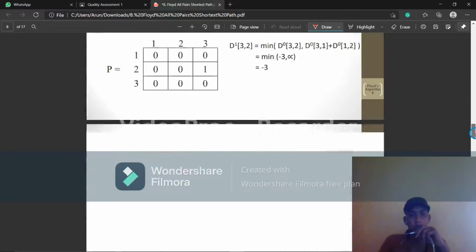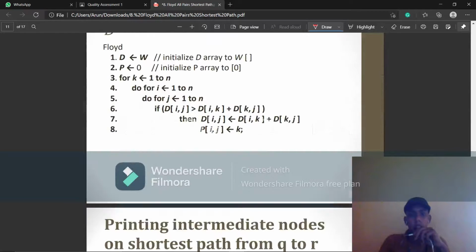Now let us see an example. This is the algorithm for that program: k from 1 to n, and for i from 1 to n, and j from 1 to n.